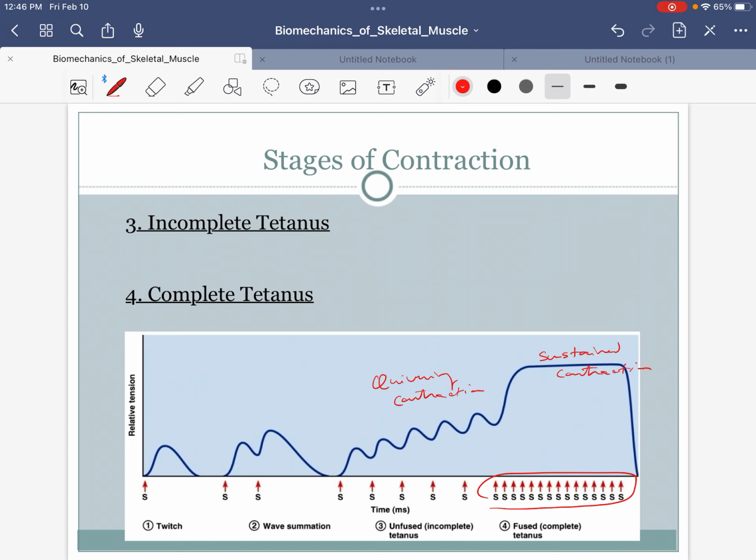When I think about the quivering or the incomplete tetanus, the easiest example I can think of is that you initially went through all four of these to get your sustained contraction. Let's say I was doing a bench press. Okay, folks, I have no upper body strength, right? I do a lot of cycling. It's all in my legs. So if I do some bench presses, I'm going to move through these quickly. Yeah, I got it, right? I'm contracting my pectoralis major and my triceps brachii and all that.